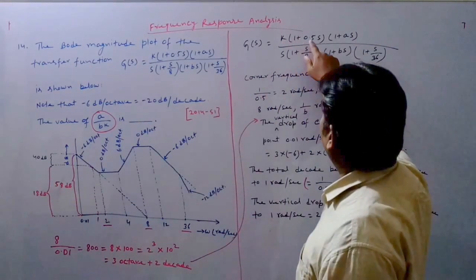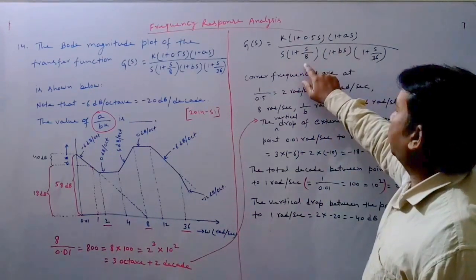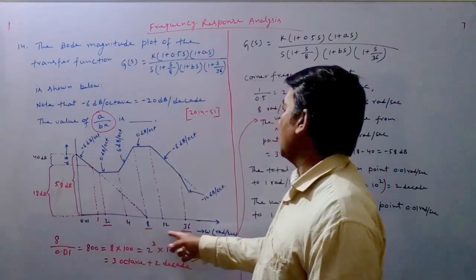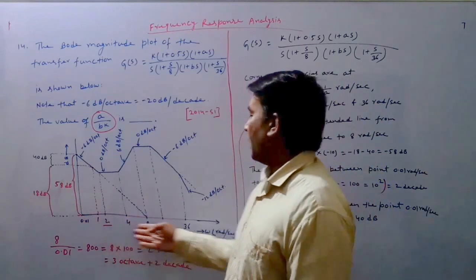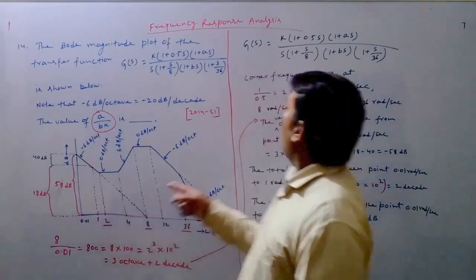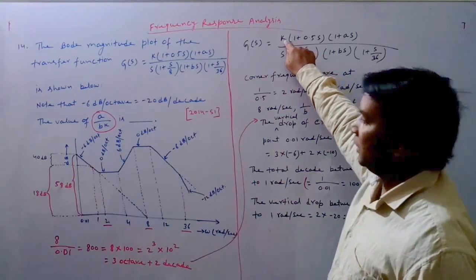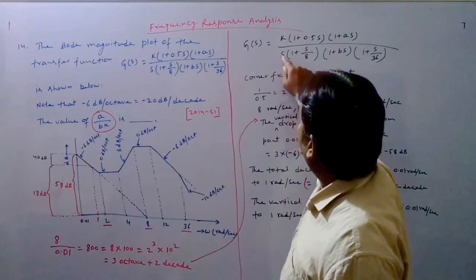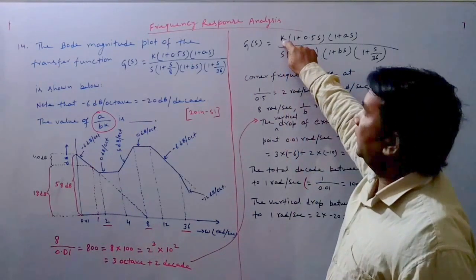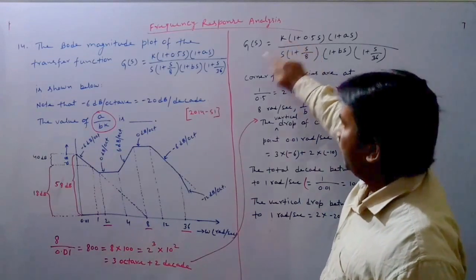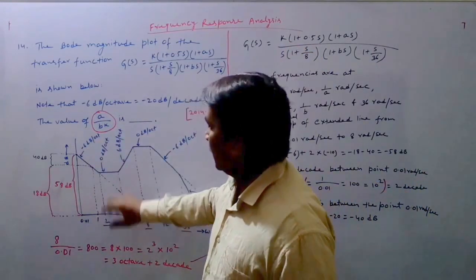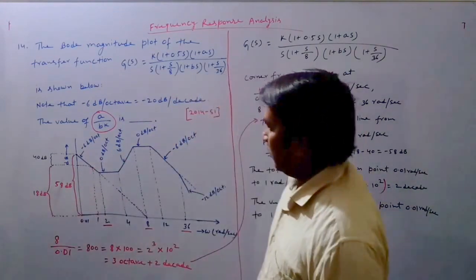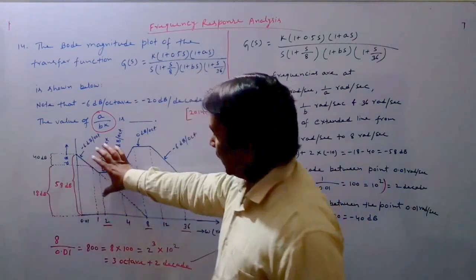So only this k. These are not contributing, this zero, this pole, this pole, because these are coming at 2, 4, 8, 12, and 36. These are coming right to the point 1. So only this k is contributing with 1 by s. If this k had not been there, then this graph must pass through this point 1. So this much uplift is due to only k. So we can calculate the value of k.